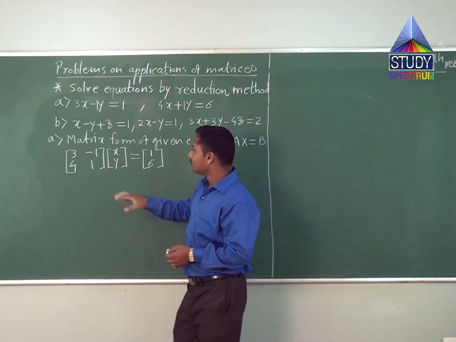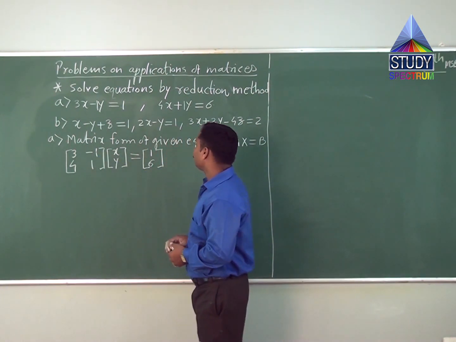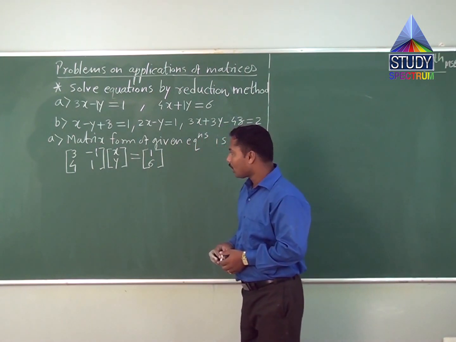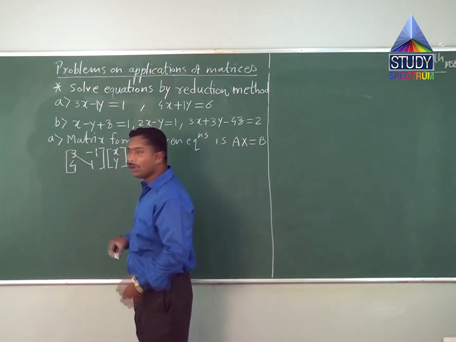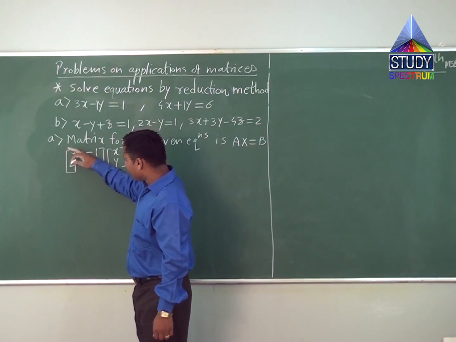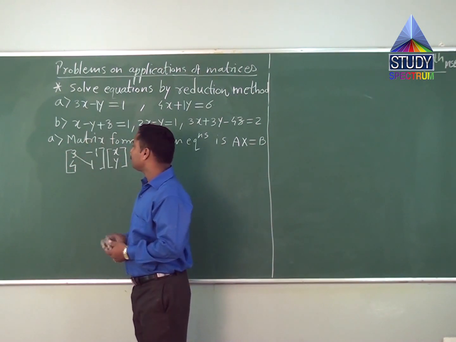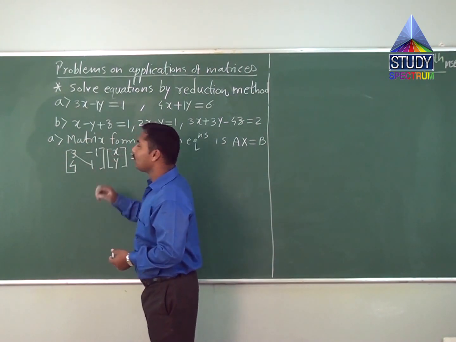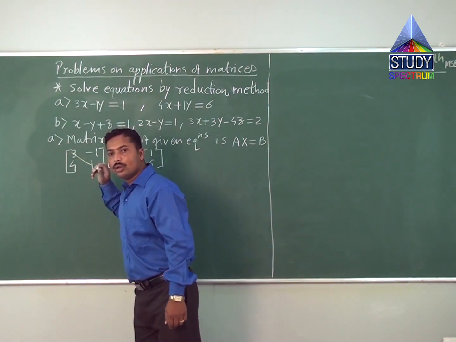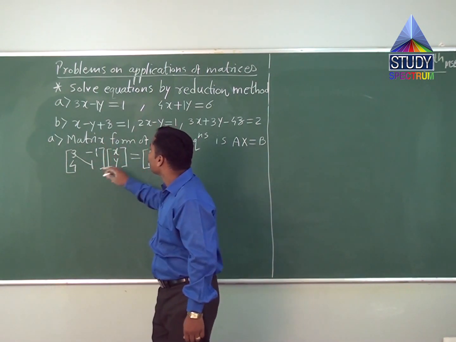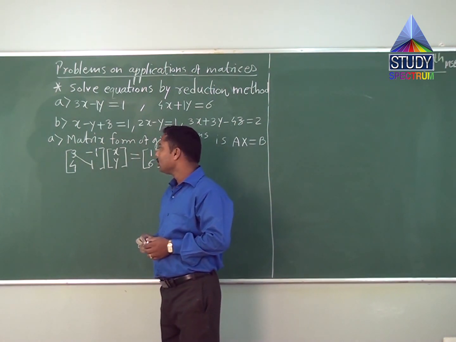So we reduce this matrix A into an upper triangular matrix by using row transformation. Upper triangular matrix means below this diagonal all numbers are 0, and above this diagonal numbers may be non-zero, maybe 0 also. So we want this number 4 as a 0. How is this possible?